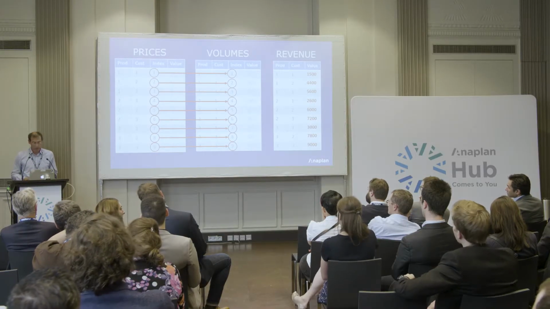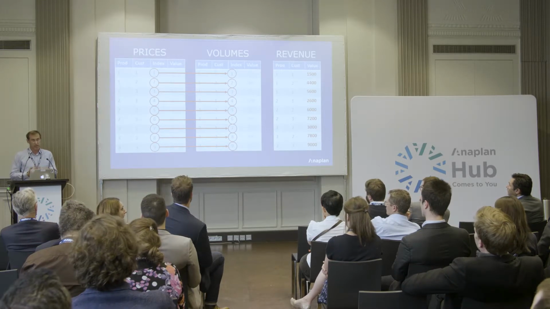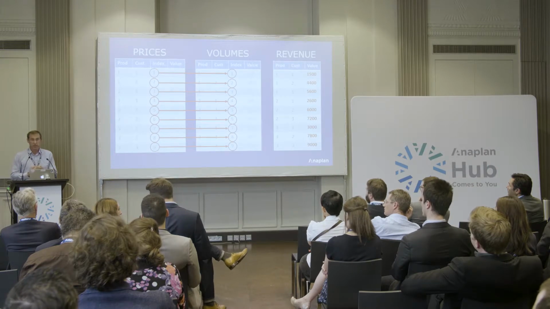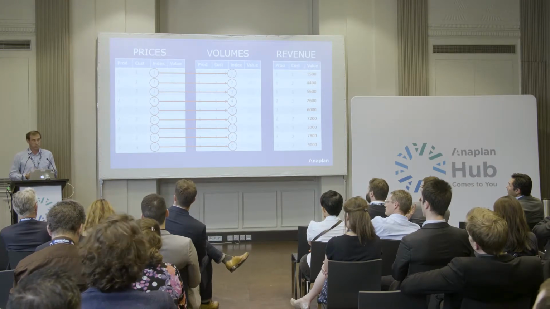And the interesting thing with that one is we found out that on 1,000 by 1,000 by 100, so 3 dimensions, if they're in the wrong order, it's 5 times slower. Now, 1,000 by 1,000 by 100 is not actually that big in Anaplan terms. We have a lot bigger than that. So the interesting thing is all you do is put the calculations consistent and you will immediately get a speed advantage, which means you get a model calculating quicker.